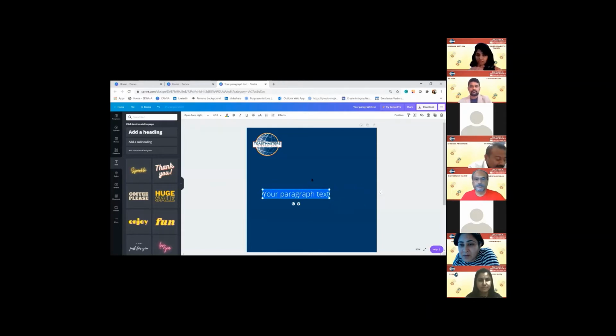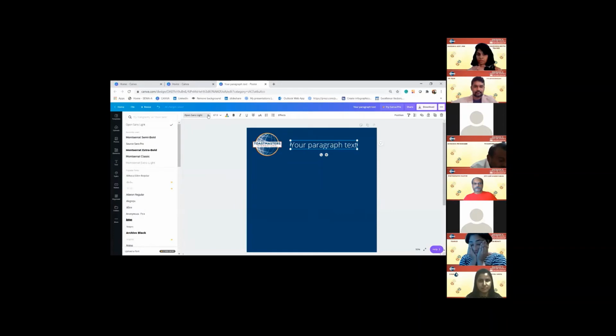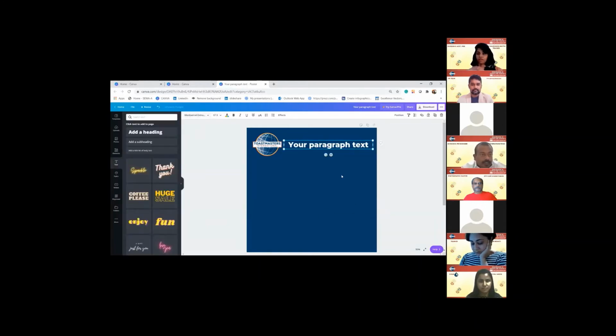Now let's take it up. We hold the feature and bring it up. Now if you see, the text is not as per our TMI brand lines. So we will go to this icon, click on the drop down, and this is a free feature. So we cannot upload Gotham Bold or Mira Pro, but the alternatives are Montserrat. So we will use Montserrat for the headings and subheadings, and we will use Source Sans Pro for the body.